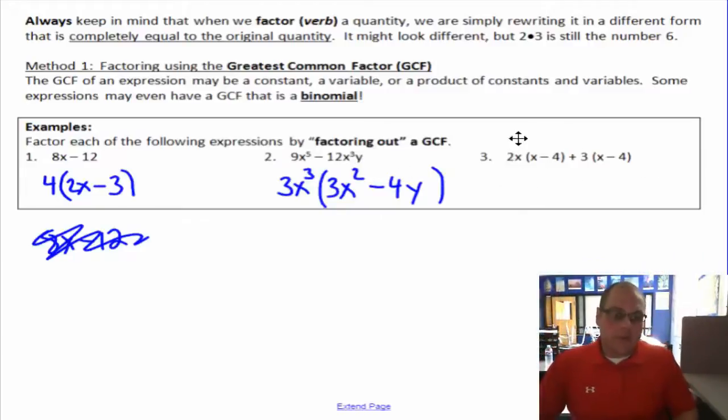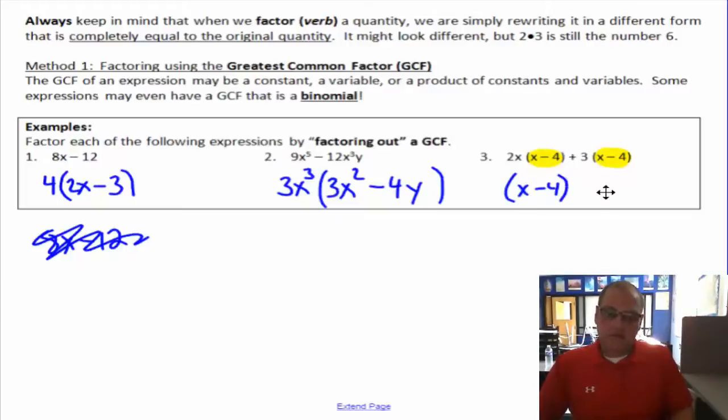All right, so for number 3, you're going to be looking for a common binomial in this case instead of just a common monomial. And it kind of sticks out at you. If you look at this part over here and this part over here, you'll see that there's something in common. But it's not just an x or just a 2. It's the x minus 4. I'm going to highlight it here. This x minus 4 is what's common between these two terms. If you look at this, and this is a term, this is what's common. So what you do is you pull out that x minus 4,